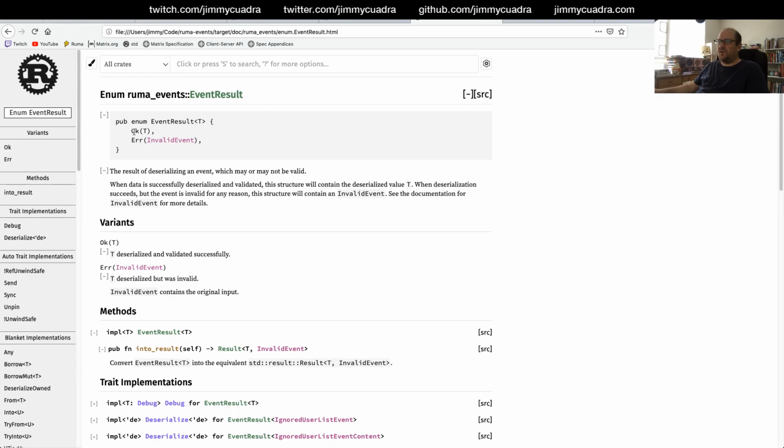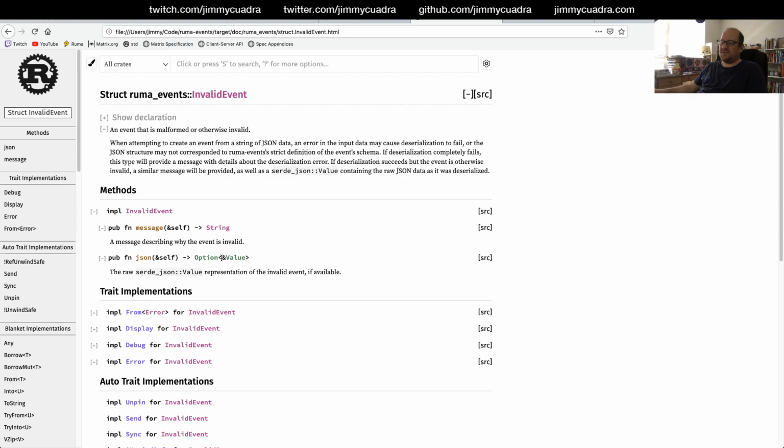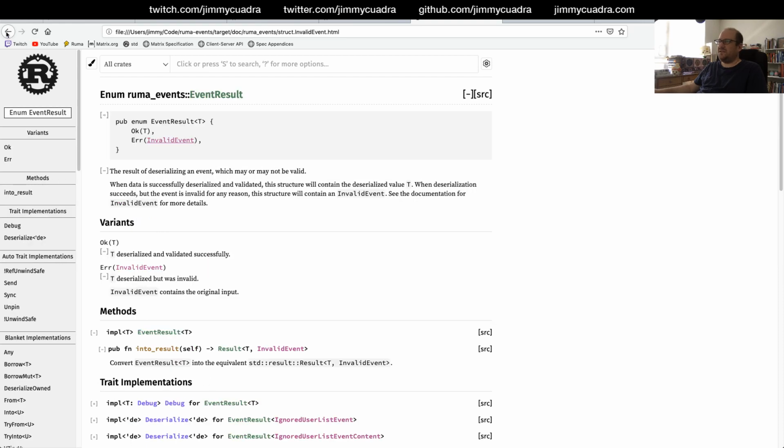So it's just like result. We have an OK variant, which is the type that we hope for in the successful case. And then in the error variant, we have invalid event, which I showed you a second ago, which has a message about the error that happened and the original JSON value if we were able to successfully deserialize it.